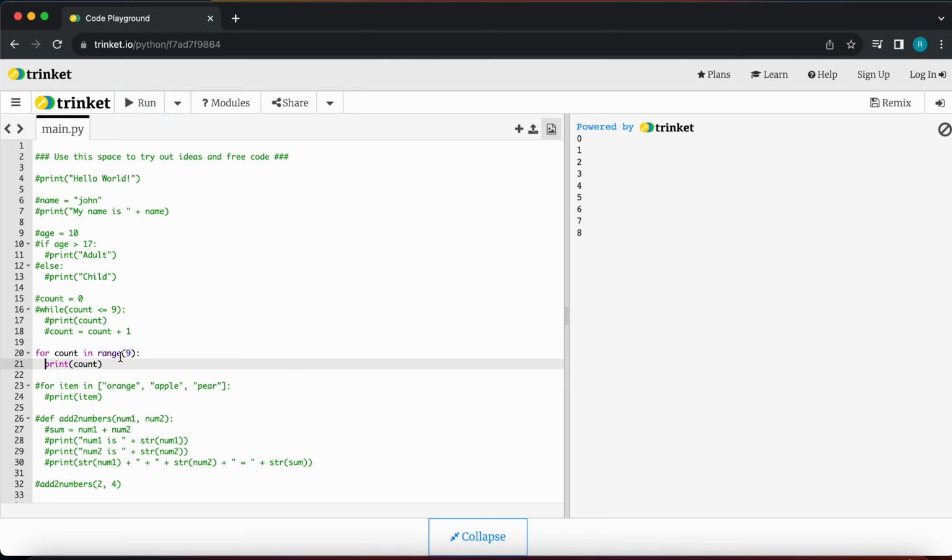And interesting here is it's going to print to 1 less than what you actually put here. So if I put 10, the output is going to be 0 to 9. But if I put 9, the output is going to be 0 to 8. So that's a for loop